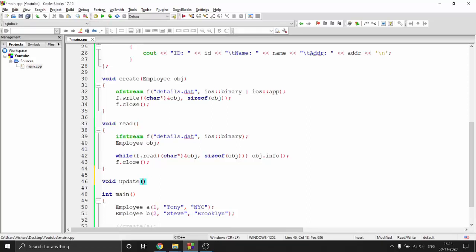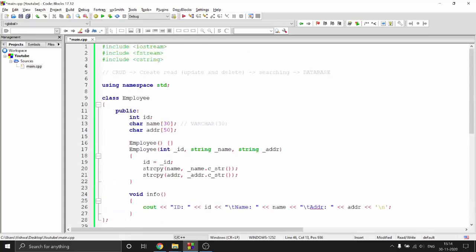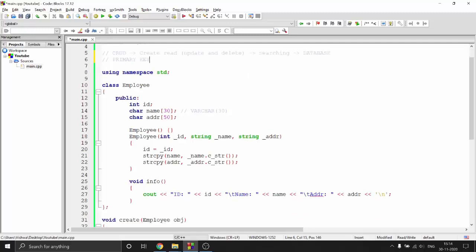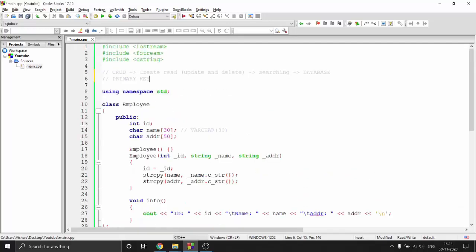So first of all, we need to make sure that we have a unique identifier for every object. In the language of databases, this is known as a primary key, right? A primary key is unique to identify an object. In this case you have just name and address, so names can be the same, addresses can be the same, but the ID cannot be the same.